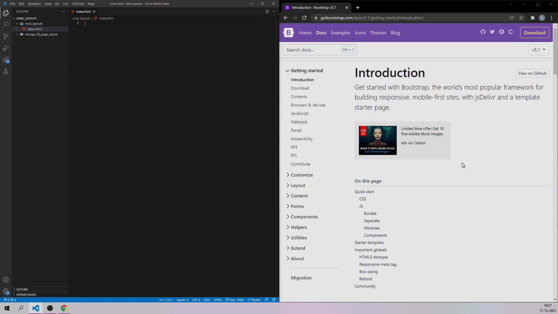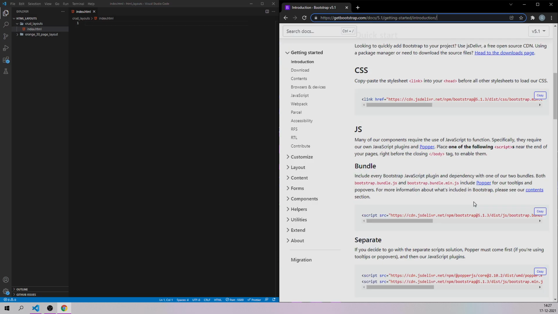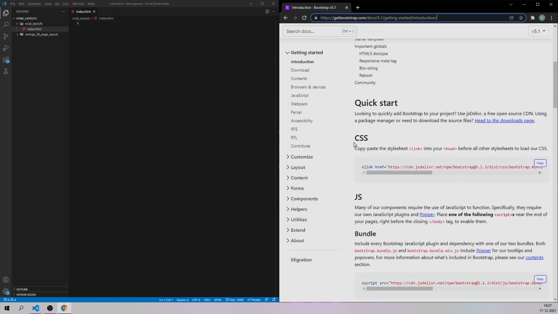Okay, I'm going to be using Bootstrap. So I have opened this Bootstrap page right now, and we have to attach the CSS file. This is the CSS file. Okay, we just have to copy this one and put it in the head section. So first let me come to index.html, hold shift and press the exclamation symbol. It will give you the Emmet option, Emmet abbreviation, hit enter, and it will give you the code like this.